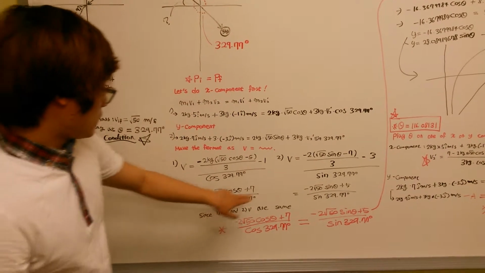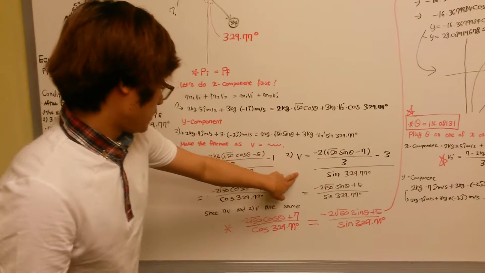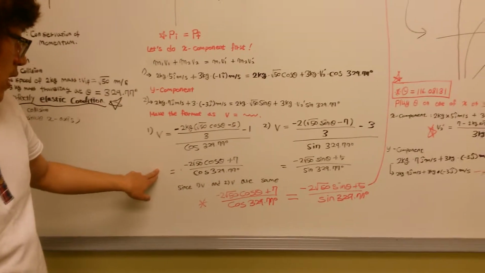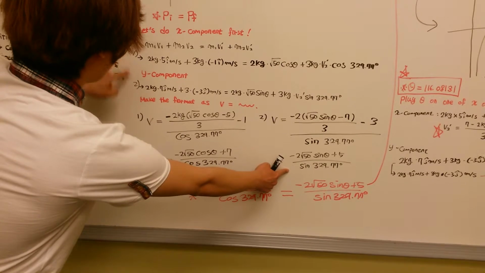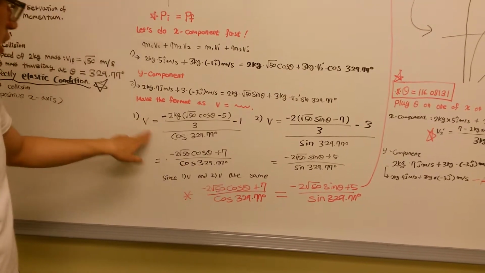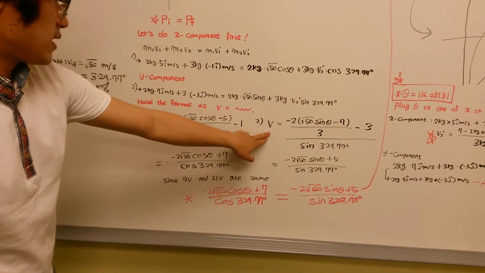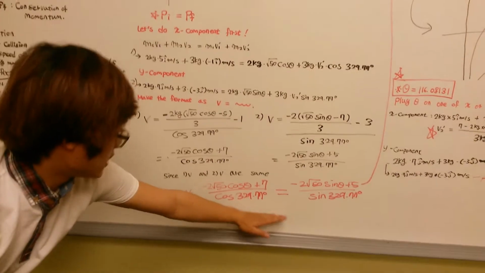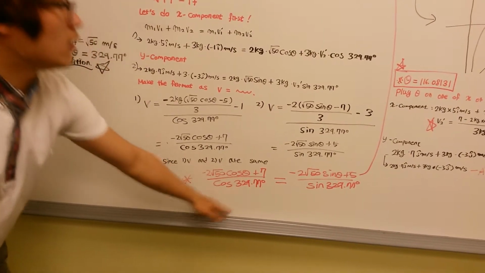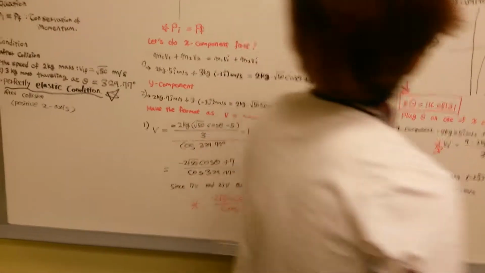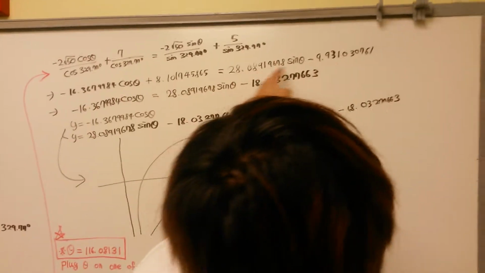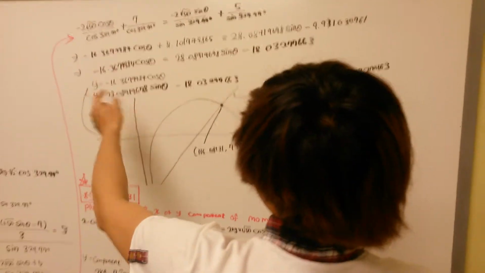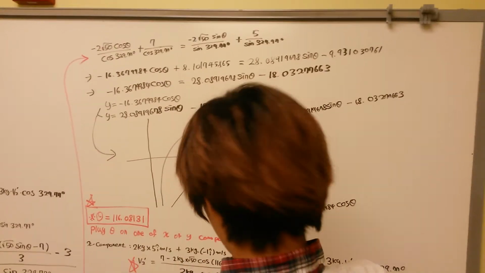So when we simplify the two equations, we get a number from each component equation, and since v is exactly the same value, I can make one equation. To solve that, I simplified, and these are the simplified numbers, and finally I got this equation,